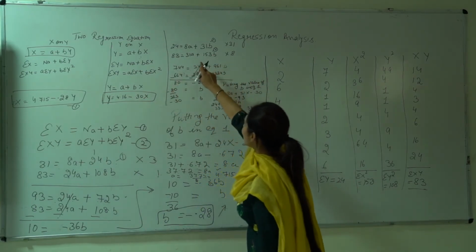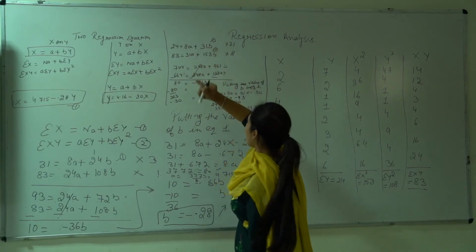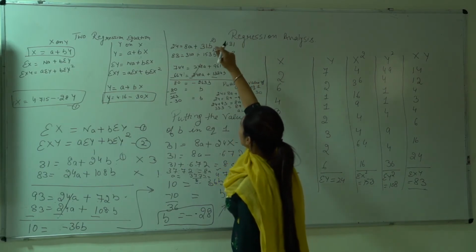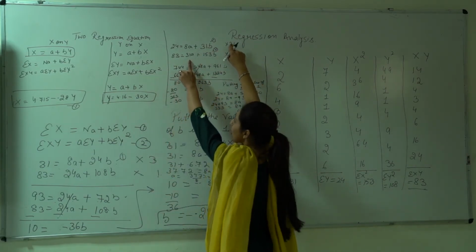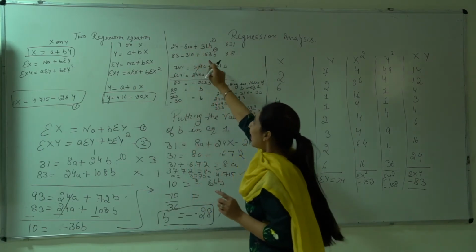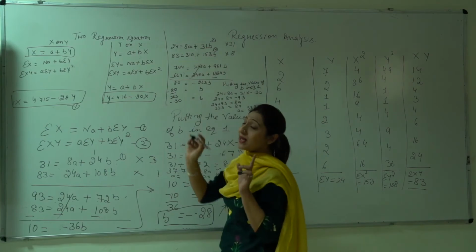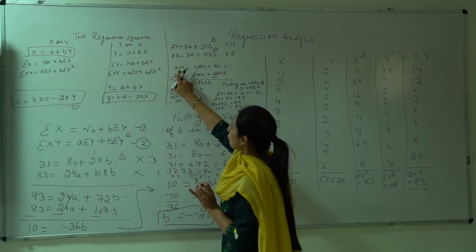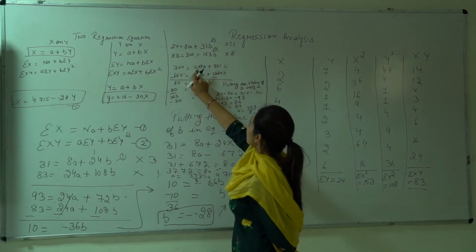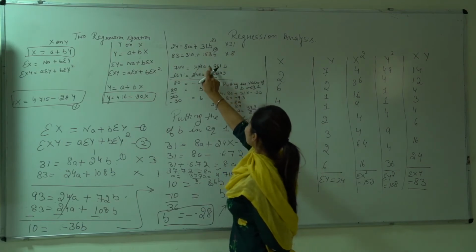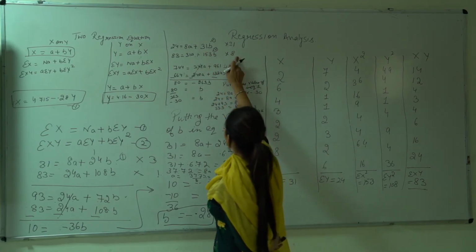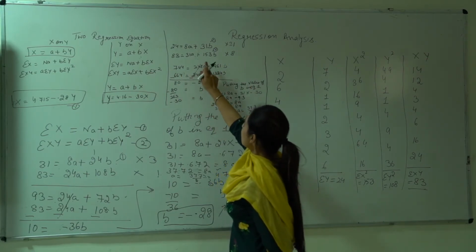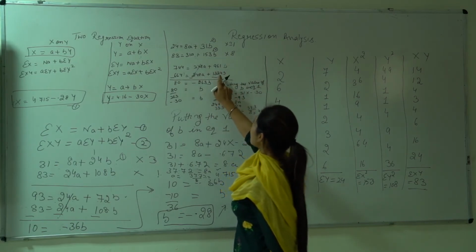Again, I have to equalize either the a or b value. I will be doing the a value. So, I multiply 31 with the first equation and 8 with the second equation, so that they can cancel with each other. When I multiply 31 with the first equation, it will be 744, and 31 into 8 will be 248a. 31 into 31 will give me 961b. Similarly, if I multiply 8 with the second equation, that will give me 664 is equal to 248a plus 1224b.